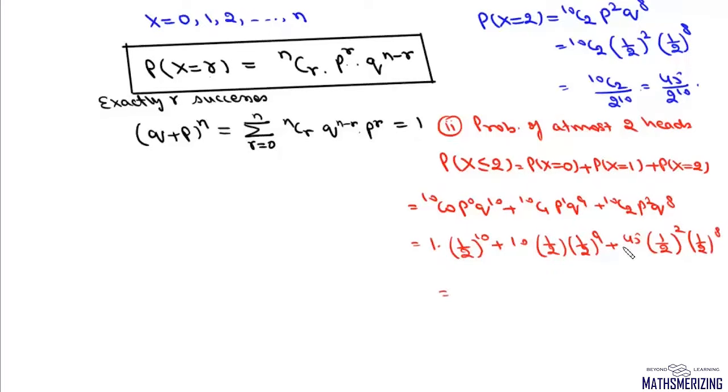Now this is 45 plus 10, 55 plus 1, 56 upon 2 to the power 10, which is 7 upon 2 to the power of 7. So in this distribution, whenever we need any x equals r, we are going to use this binomial formula. Suppose this third one is